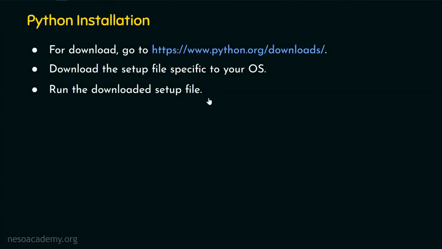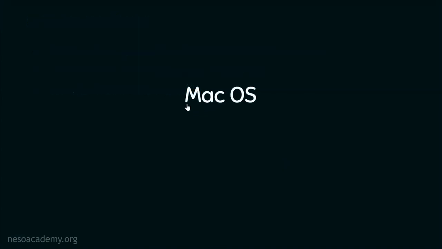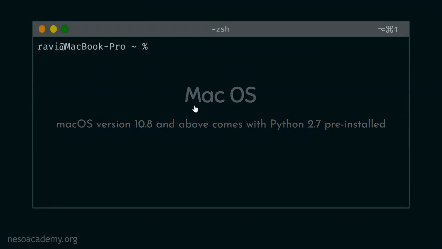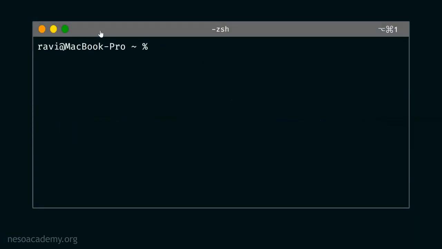Now that we have seen how to install and set up Python on a Windows machine, let's move on further. Let's see how to achieve the same on the Mac operating system. Mac operating system version 10.8 and anything above that already comes pre-installed with Python 2.7. What that means is, if we open a Mac terminal, which is the equivalent of a Windows command prompt and looks something like this,